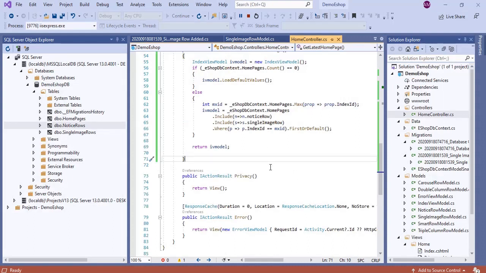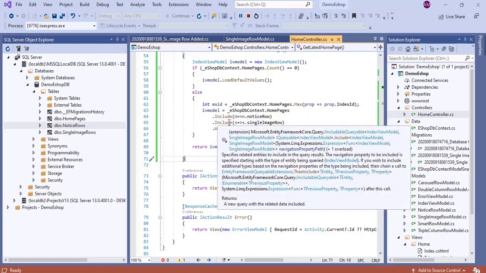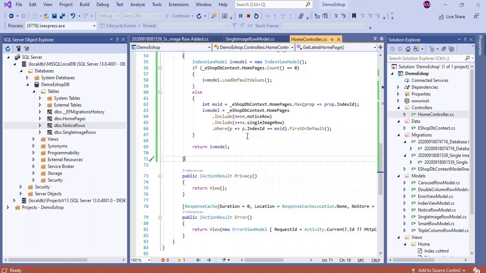In eager loading, you need to specify what are the collections you need. For example, if you need to load 100 collections, if it is a big row model, then you need to include it 100 times. All the rows you need to enter here. In our case we have around 5 rows now.